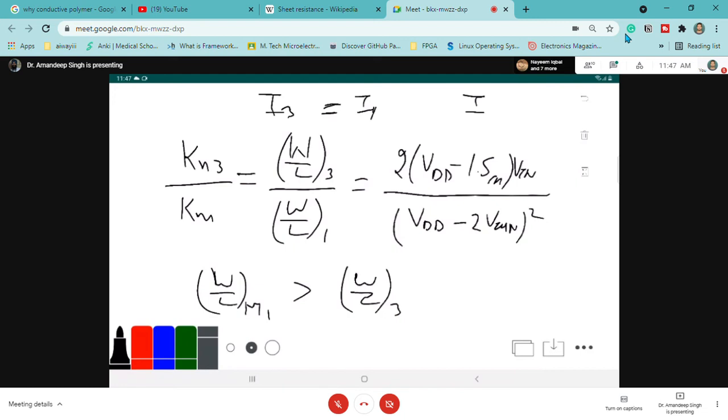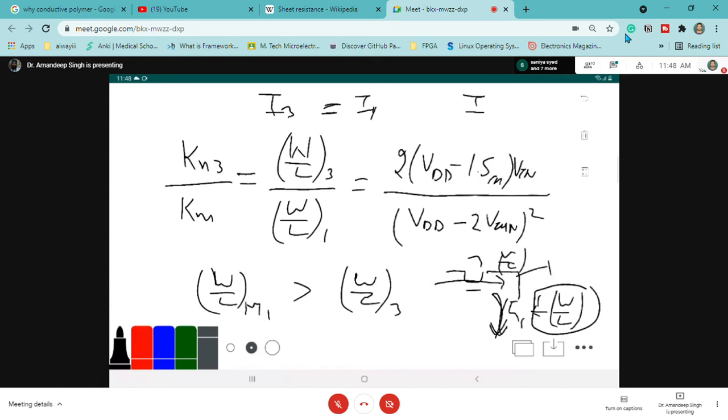Let me write that this is M3 and this is M1. The W by L ratio of this is greater than the W by L ratio of this. Then this is going to sink more current, meaning this is going to charge the node capacitance here,